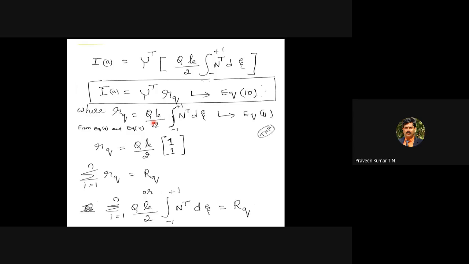The R infinity is nothing but the convective heat vector. The convective heat vector tells how much heat is lost to the surrounding medium by convection, and it is given by R infinity. Why use the term infinity? Because the surrounding temperature is T infinity.